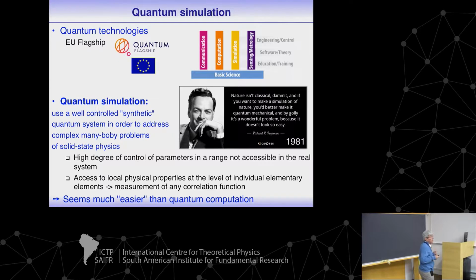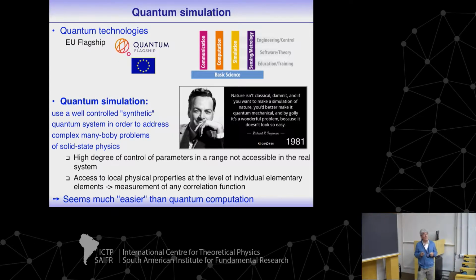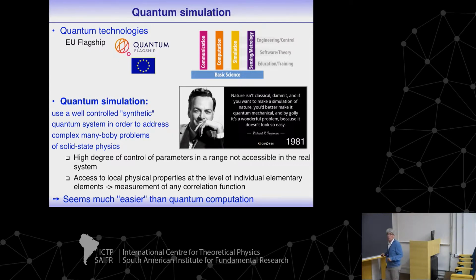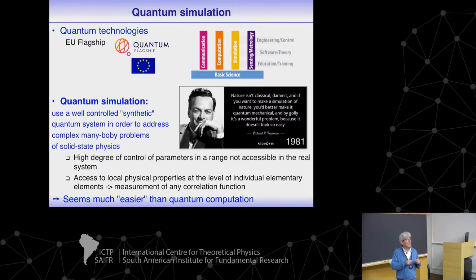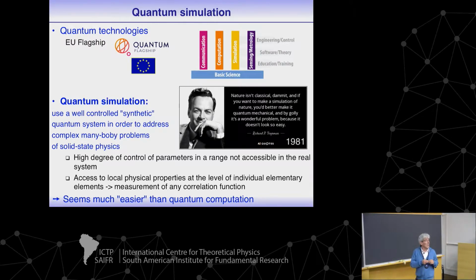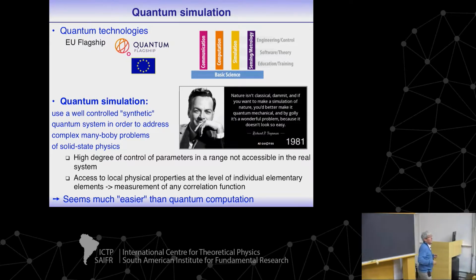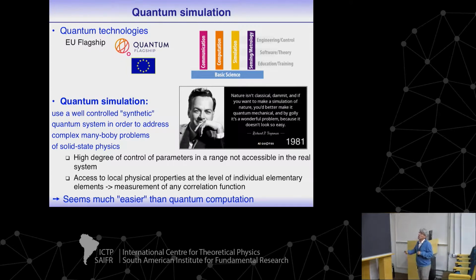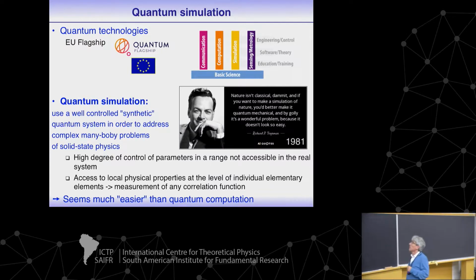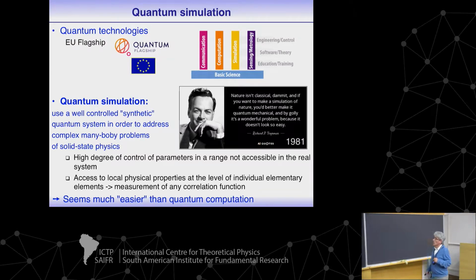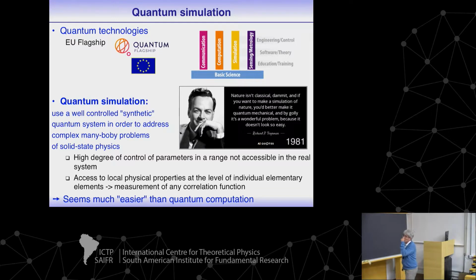You don't count electrons one by one in a solid, and the measurement of correlation functions may be tricky. When you measure the quantum state of each individual particle, then you access directly all correlation functions of the system, which are important parameters to characterize the physics of many-body systems. So that's the concept of building a quantum simulator, and I think that presently this